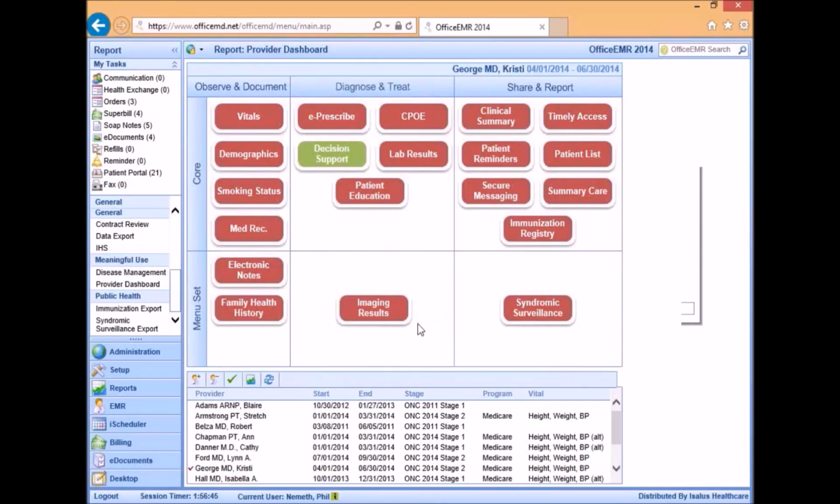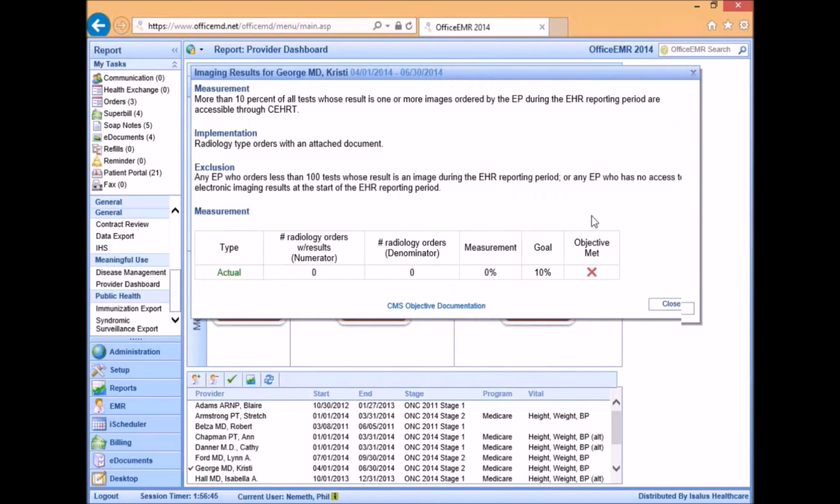The next objective we have there is called imaging results. So if I go ahead and click on that and pull up the window for this. Basically, what this means for the imaging results is that for at least 10% of your radiology orders that you place and generate out of OfficeEMR, at least 10% of those patients need to have a corresponding results document that has been scanned into e-documents into the patient's chart and then in turn linked